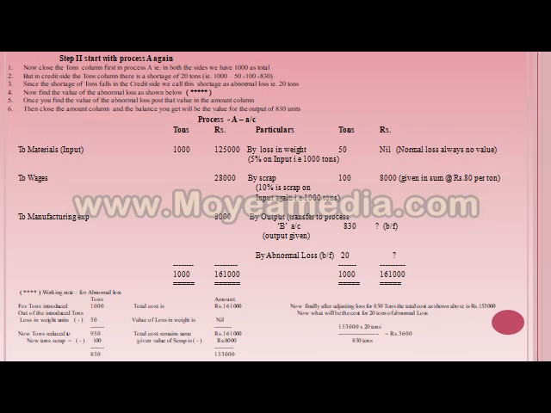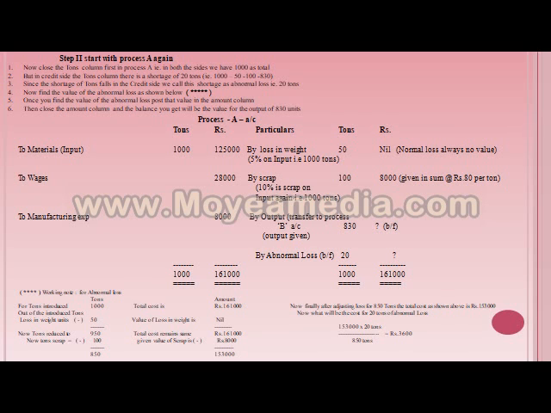Now you calculate what it will be for 20 tons by cross multiplying. For 850 tons the cost is 1,53,000 rupees. Then what will it be for 20 tons? By cross multiplying, we get the value to be 3,600 rupees. Now you post the amount of 3,600 against the abnormal loss of 20 units in the amount column.